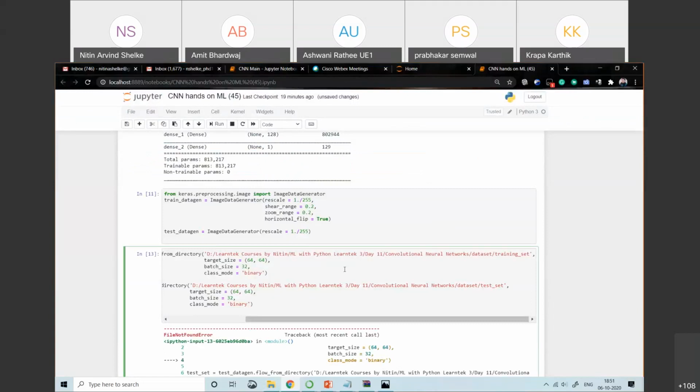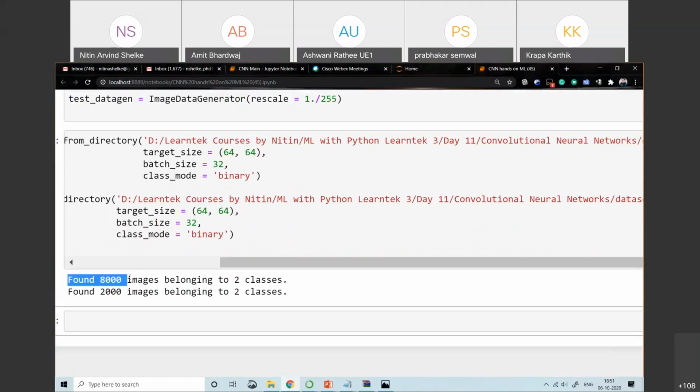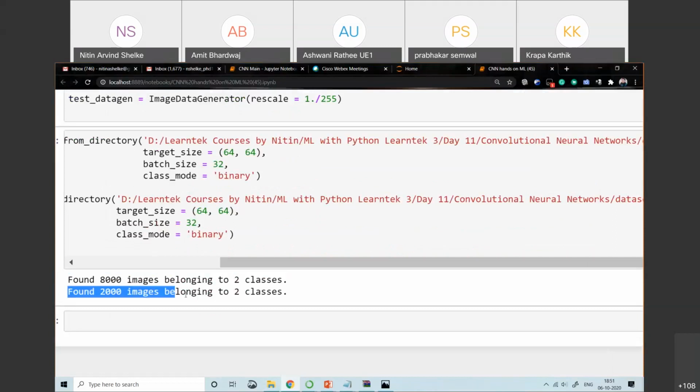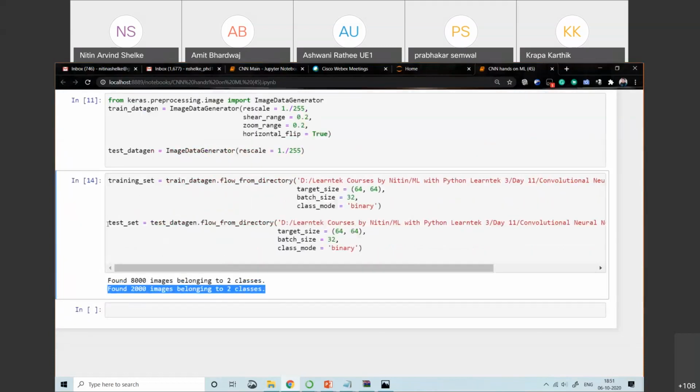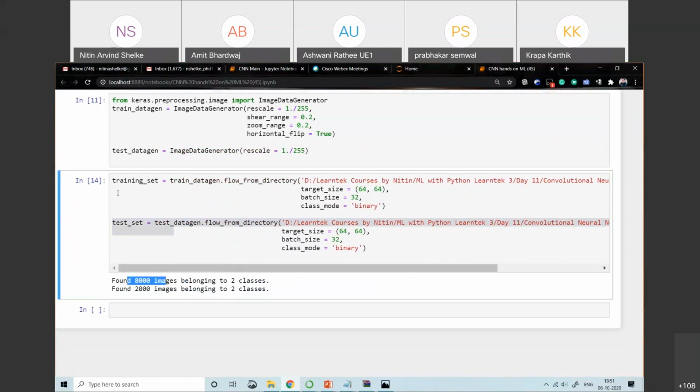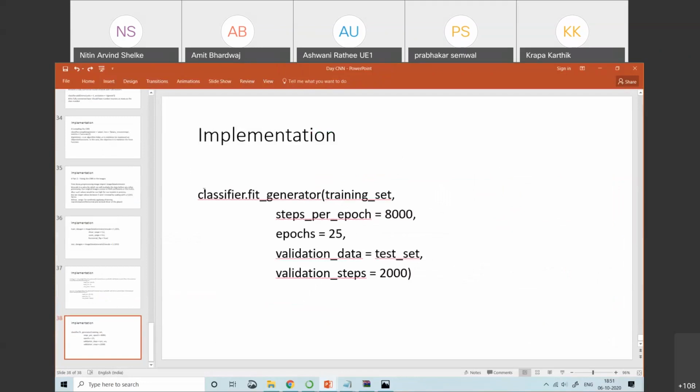Now let me execute. Yes, successfully executed now, because the path was changed, due to which we were getting the error. Now observe here, we found 8,000 images belonging to two classes, and we found 2,000 images belonging to two classes. This means 2,000 belong to your test data set, and 8,000 belong to your training data set.